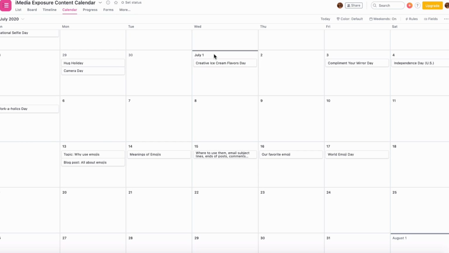Since we are a marketing company, we could take this Creative Ice Cream Flavors Day and think about different ad campaigns. So Skittles ad campaign regarding a new color flavor.